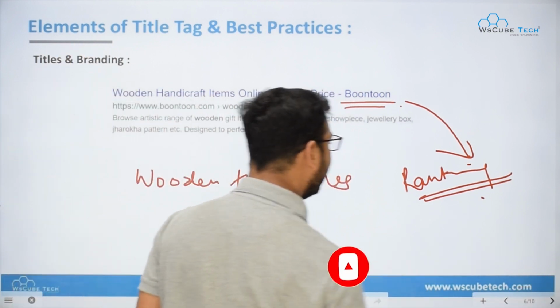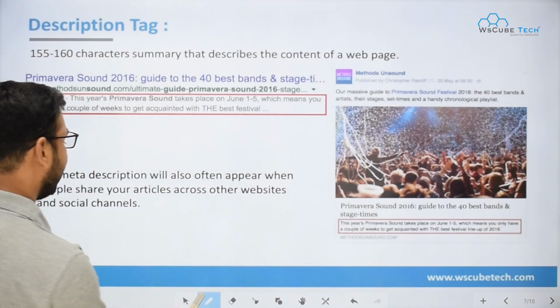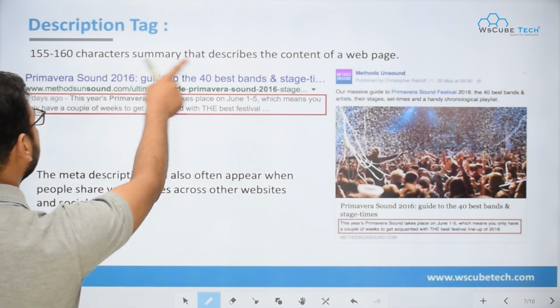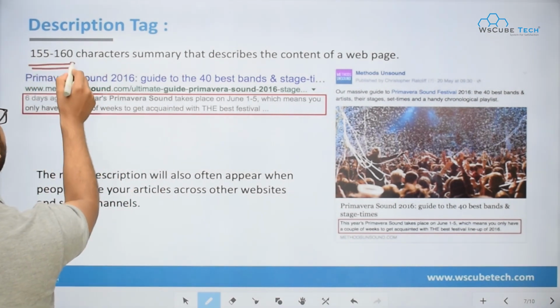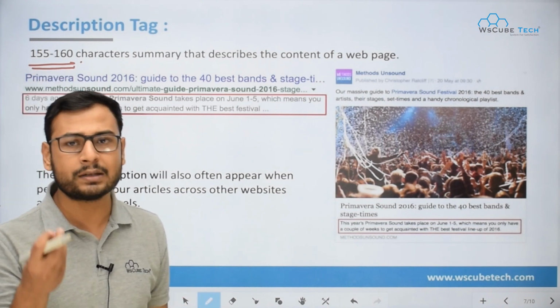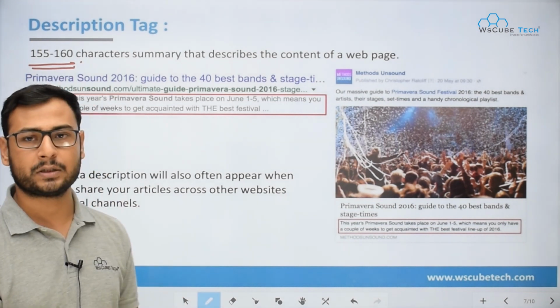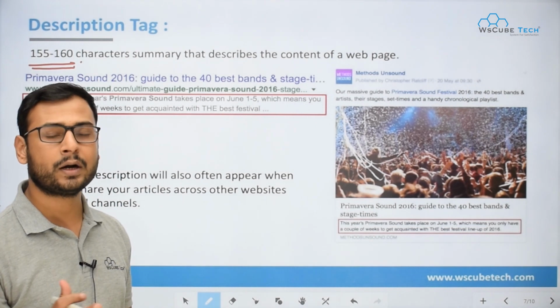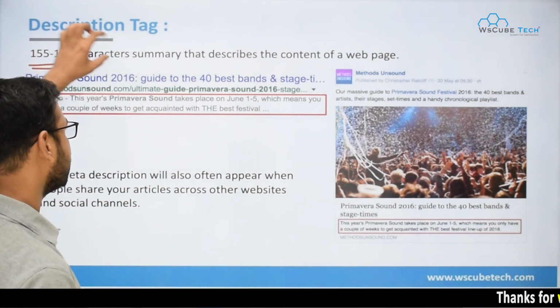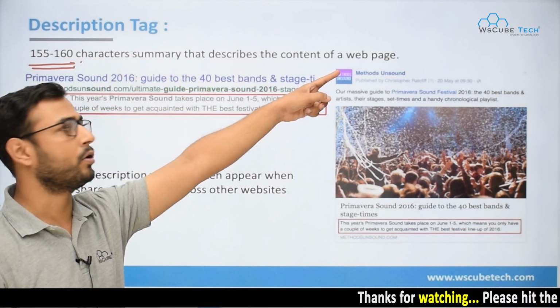Then we'll come to the second part of this video, which is the description. The character length of a description is somewhere around 155 to 160 characters, and it describes what is there in your web page. In a very simple sentence, the description is a summary that describes the content of your web page.